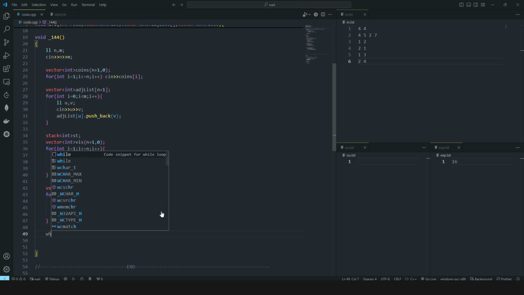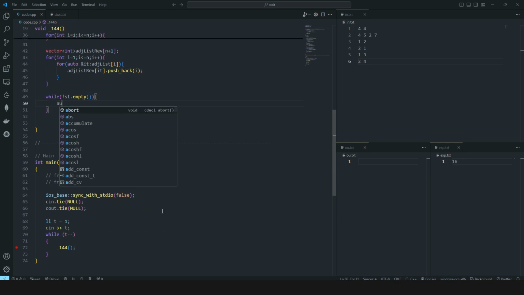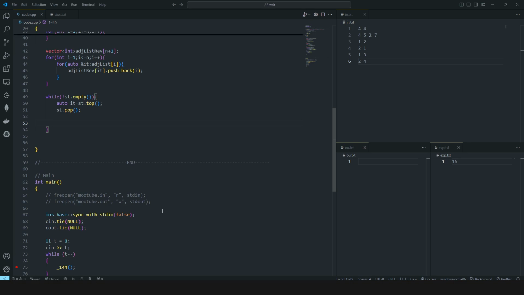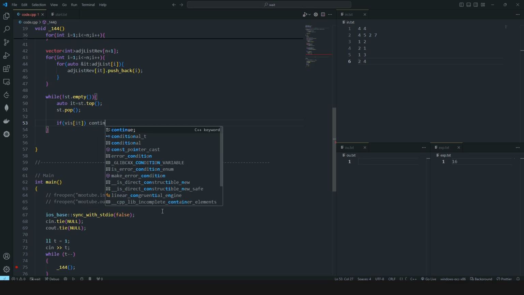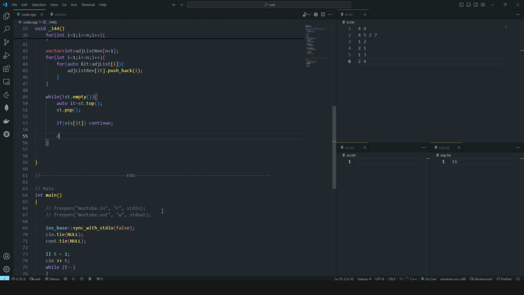While our stack is not empty, the top element, let's name it IT, it will be st.top, pop it also, and through this IT I will be just checking if this is already visited or not. If this is already visited, we won't start the DFS call again, so I will write continue, but if it is not visited, then I will start a DFS